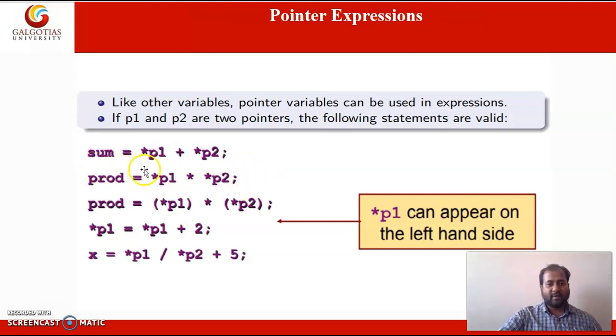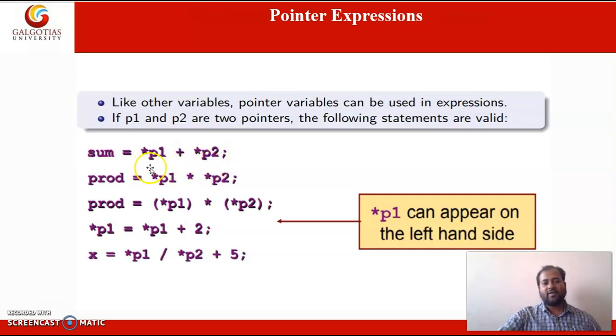In the first expression, we are using star p1. Both p1 and p2 are pointer variables, and we are summing up.